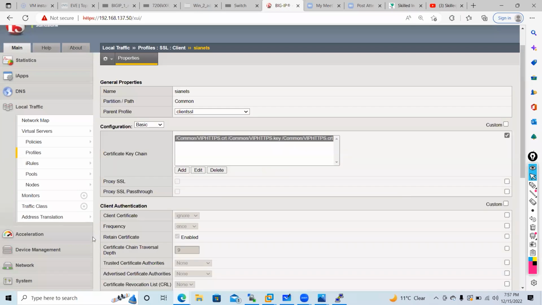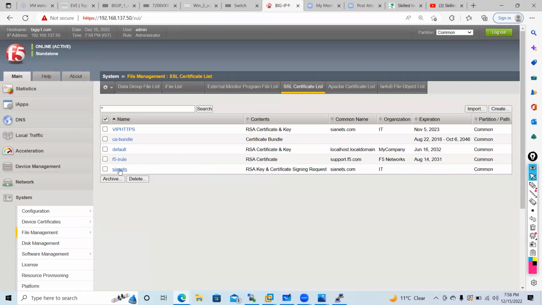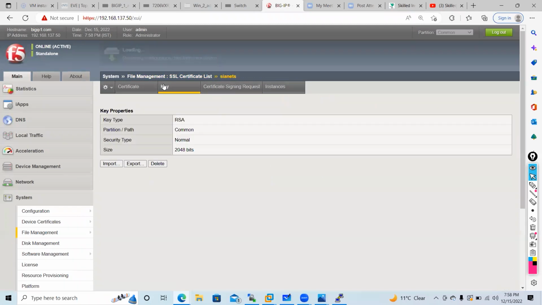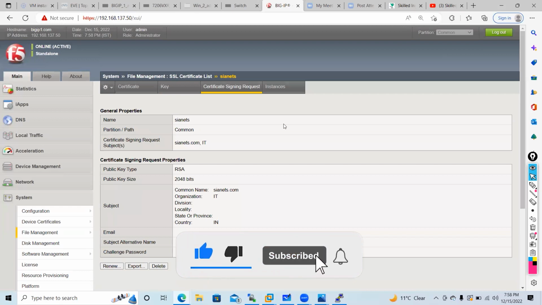So in this same F5 box we can check. Yeah, just go back to file management, SSL certificate. Just click on the SIANETS key and certificate. You see the common name, organization, and all those things, right? Common name, yes, sir. Okay. Fine, fine. Thank you, excellent.